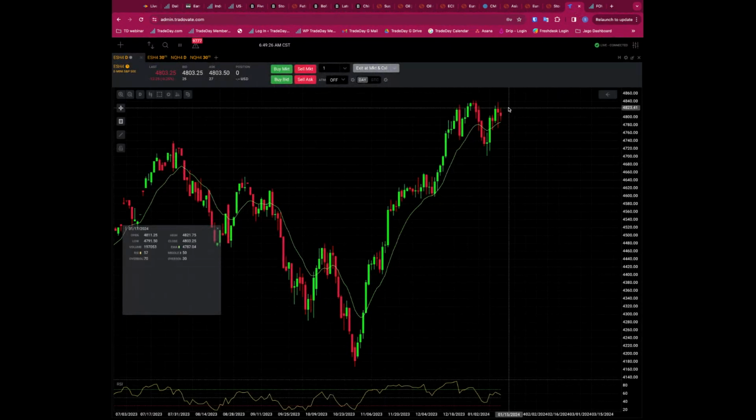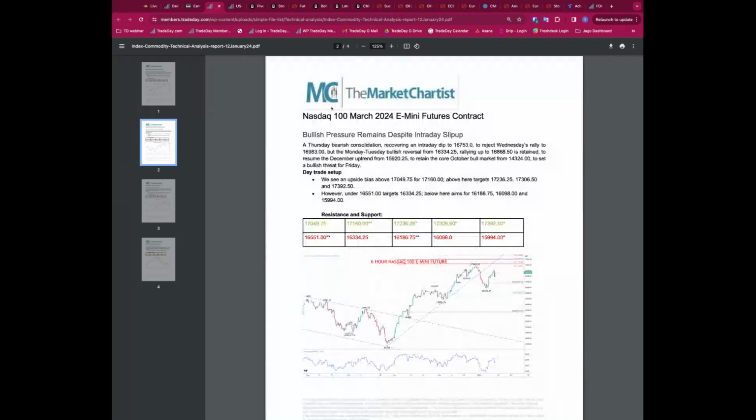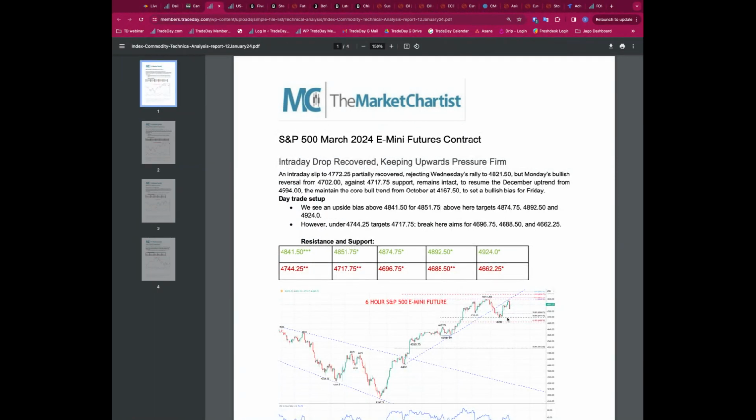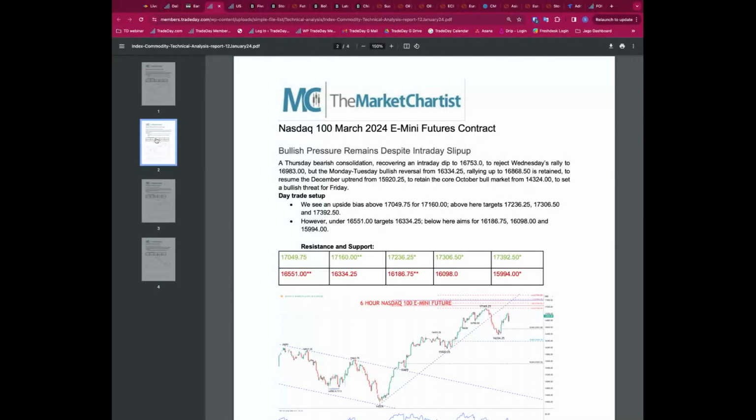Quick nod to the charts. Despite the dip lower, if we go back and look at my reports from last night, you see we're still bullish despite the chop yesterday. We chopped significantly down on both NASDAQ and the S&P, and then significantly back higher. And yes, we've dipped slightly this morning, but the underlying theme for me is bullish. I'm still looking to, as we said yesterday, buy the dip.